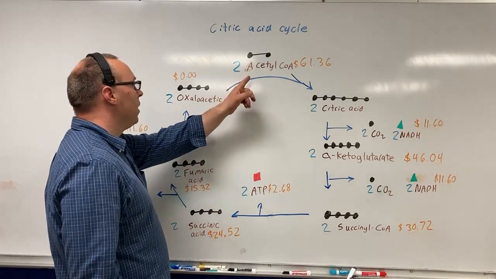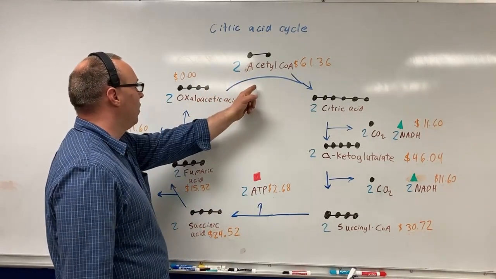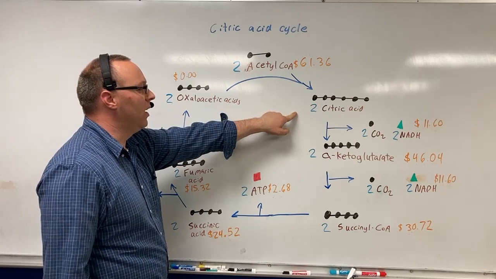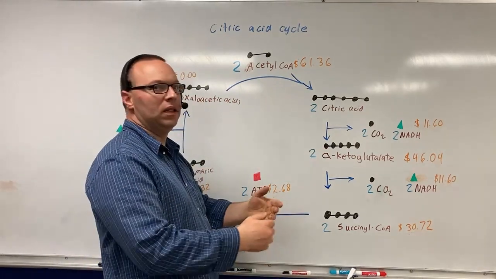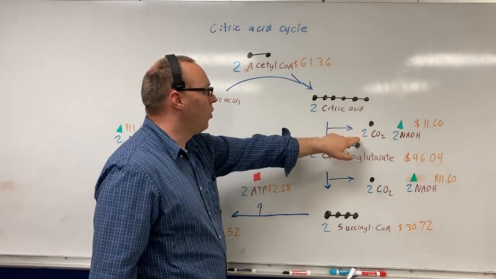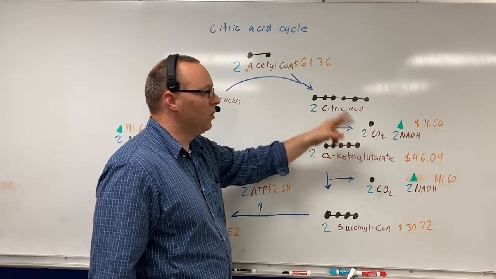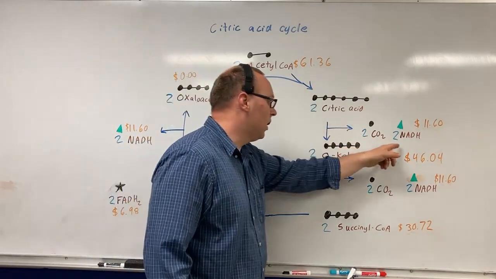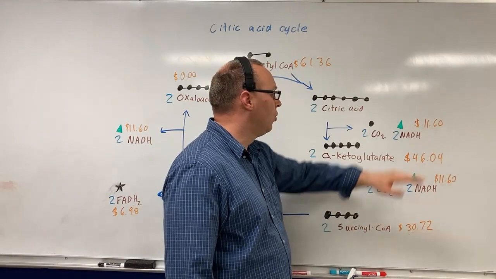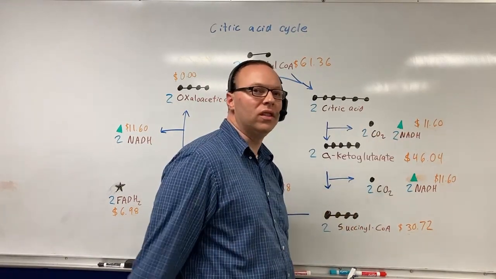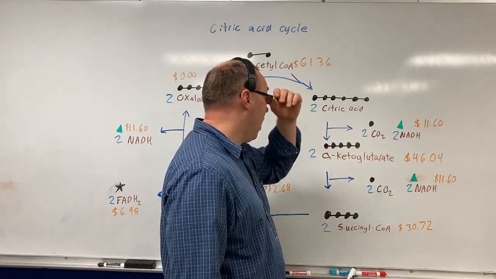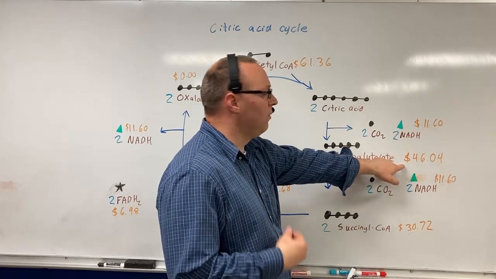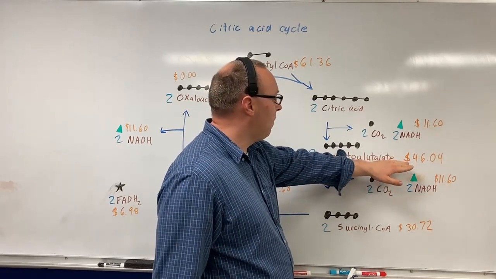So what's happening is we're going to bind with oxaloacetate, we're going to produce that citric acid, and then that's going to break down and release a carbon dioxide. And because we're doing this twice, we're getting 2 carbon dioxide and 2 NADH. And so we've captured about $11.60 worth of energy here, but our molecule has given up a bit. And so we've dropped down to only